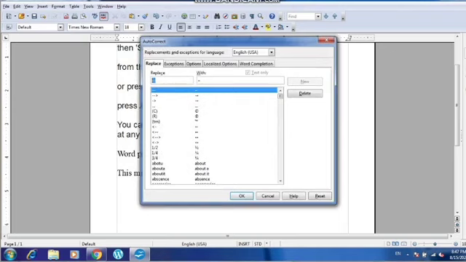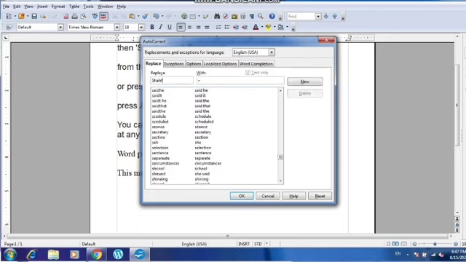Suppose every time I am writing the name Shafez and I am writing it incorrectly, and you want that it should be correct. Suppose I have written Shafez like this, every time in small letters, but I want it to be replaced like this. Alright, so I have written Shafez in small case, and then I have used the capital letter here, so I am adding it here, new, it is added.